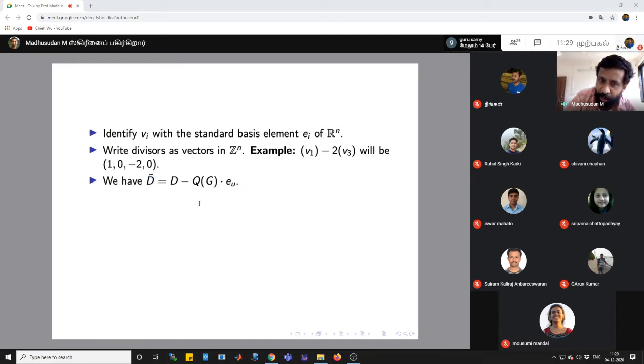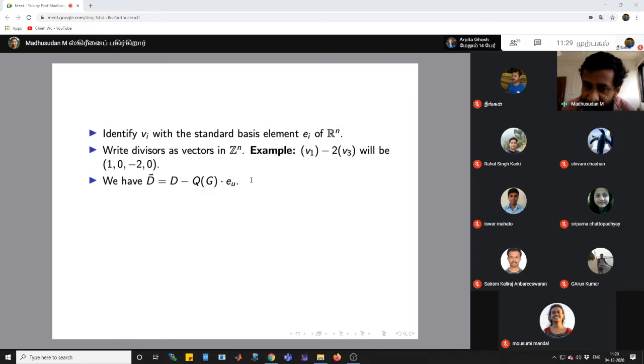If you look at the construction of the Laplacian and the chip firing game, you'll see that the initial and the final configurations are related like this. The final configuration D tilde is nothing but the initial configuration D minus the Laplacian matrix multiplied by the indicator vector,